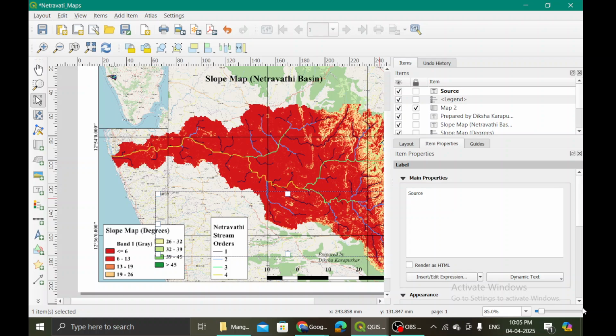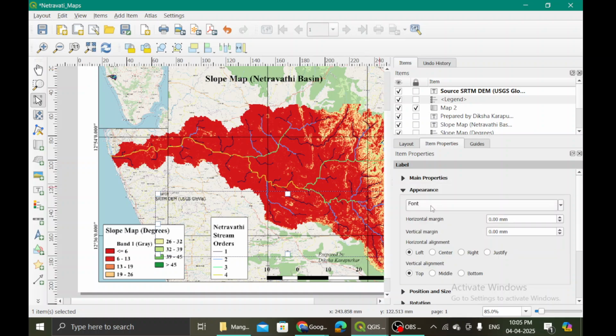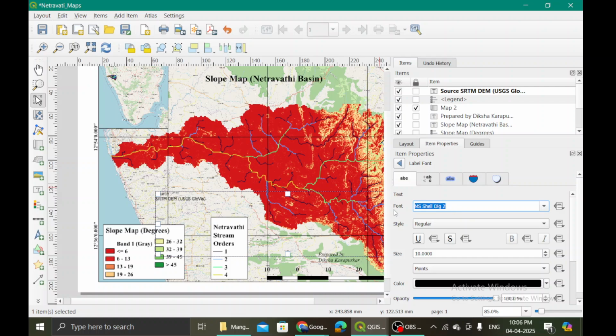This has SRTM DEM. Okay, SRTM DEM. And the source for this is USGS. Source is USGS. And then if you want to change the font again, Times New Roman.